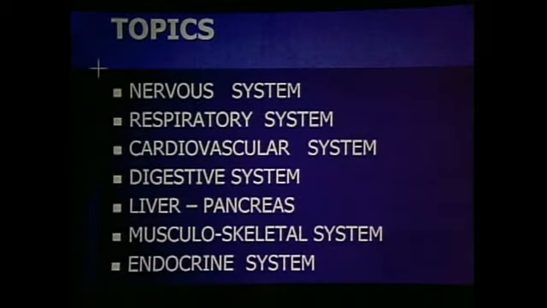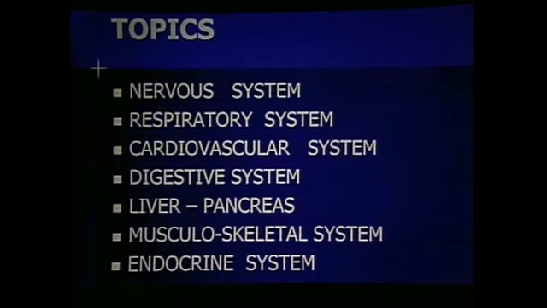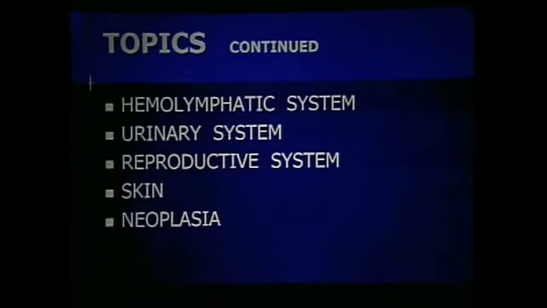I've also organized the presentation along topics, and this is a list of the topics that I will be covering in a systematic fashion with primary examples for each of the organ systems. I would like to start with the neonate, diseases of the foal,